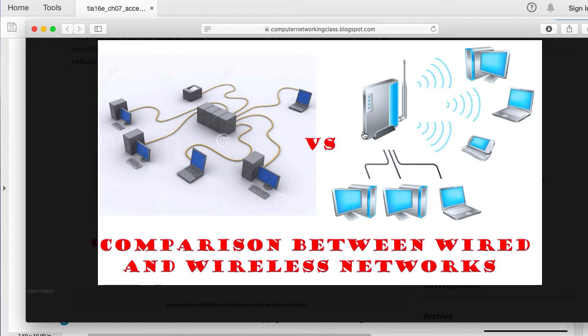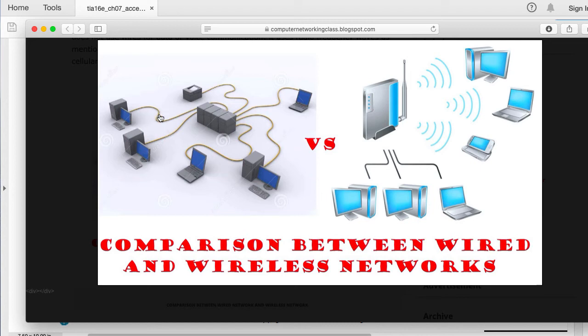If it's a wireless network, you're going to have that access point right there, or wireless modem. Okay, fine. Now, there is no cable here, and this is what makes the entire difference between these two networks, right? What's so big between these two? What's the big deal about having the wired communication and the wireless communication?